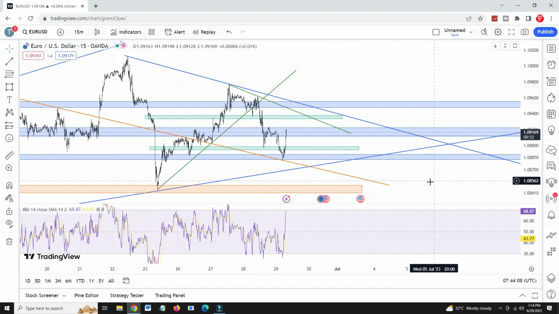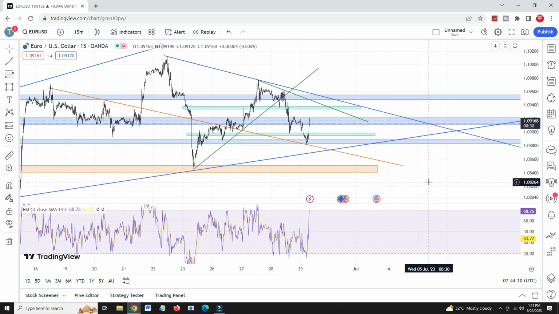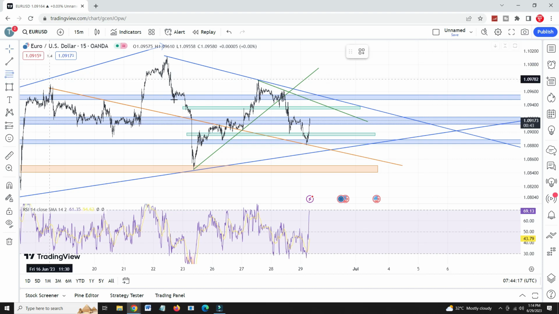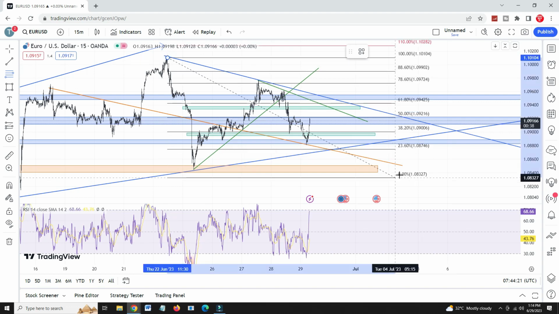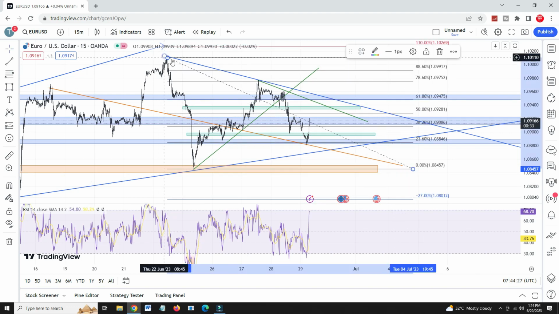There are lots of levels, there are a couple of trend lines crisscrossing, and now let's see what we can make out of this. So my preference is to use fib retracement. The first one will be, of course, over here, point A to point B. This is point A, this is point B. It retraced to 78, which means let's